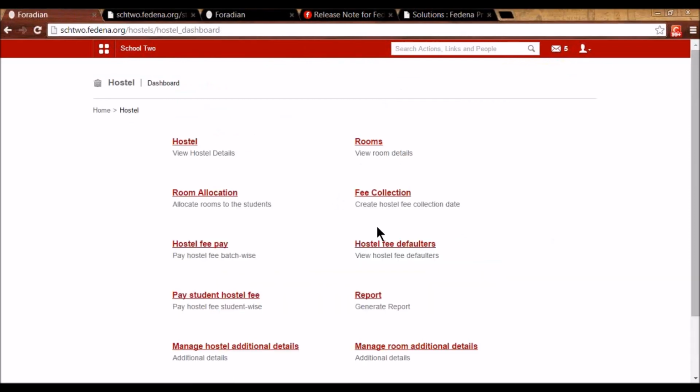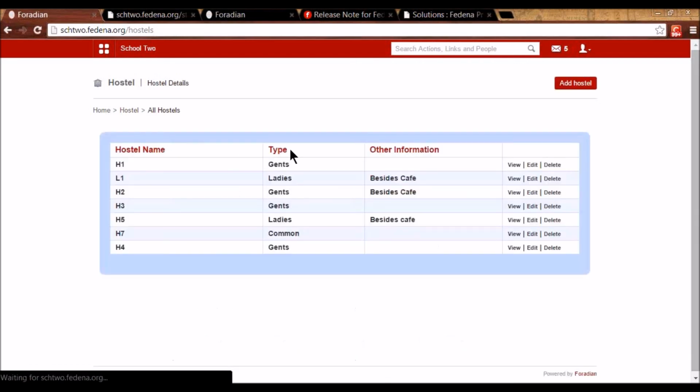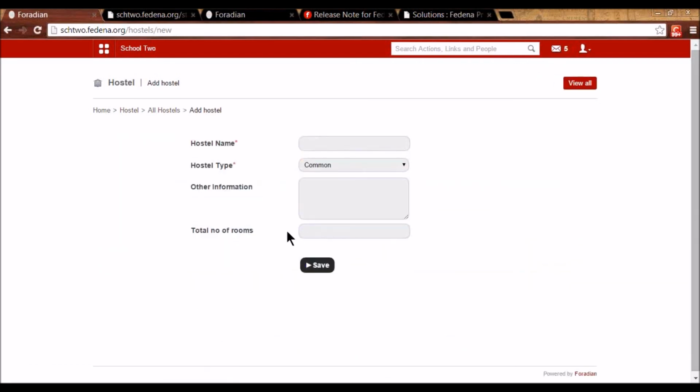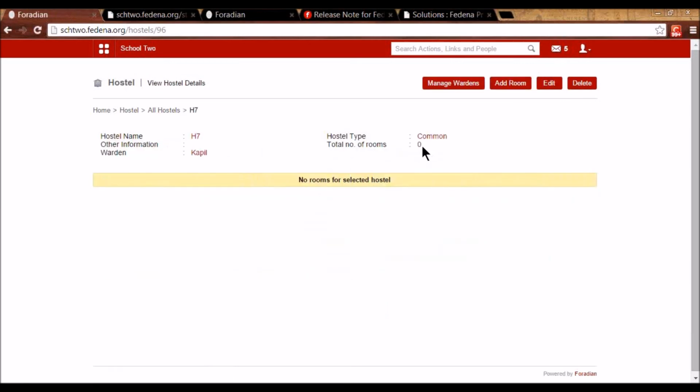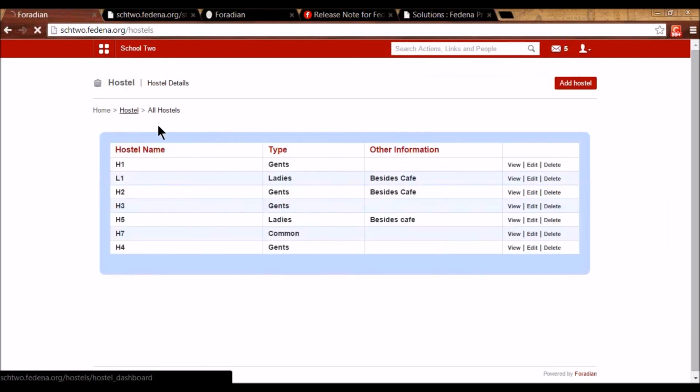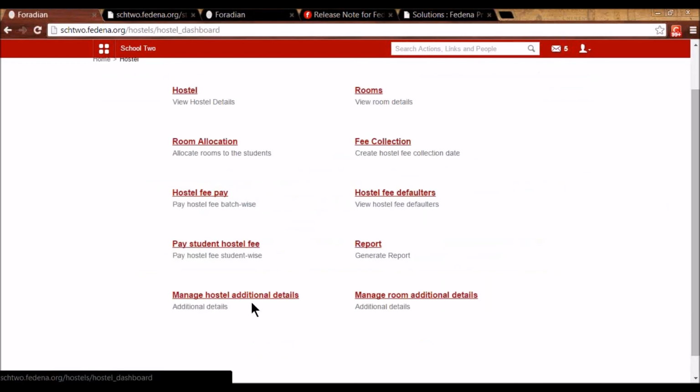So when I add this hostel here by clicking on this add hostel, it is going to ask me the total number of rooms. And I can also view it as per what I've entered. So these are the additional details that we can attach with the hostel.